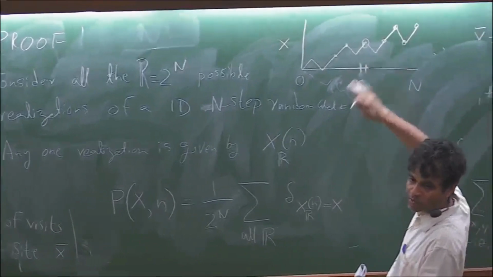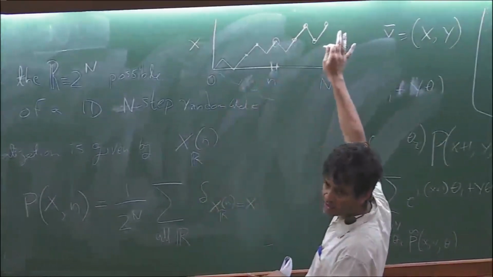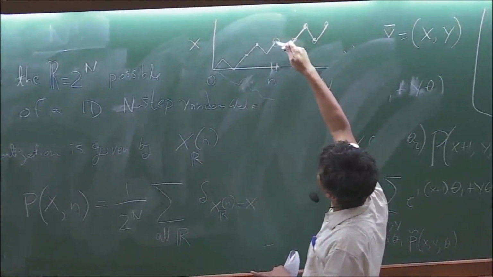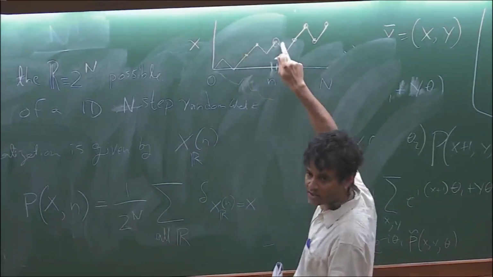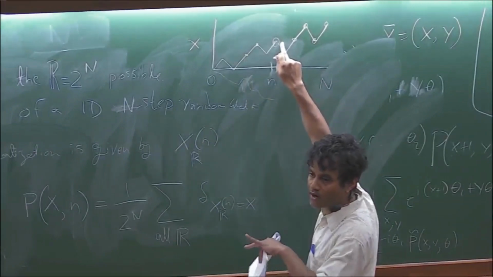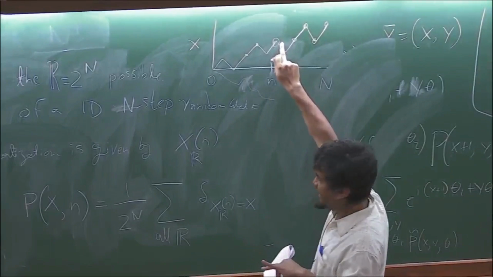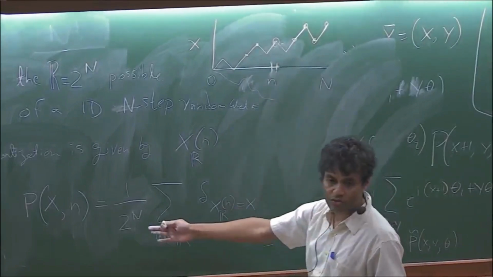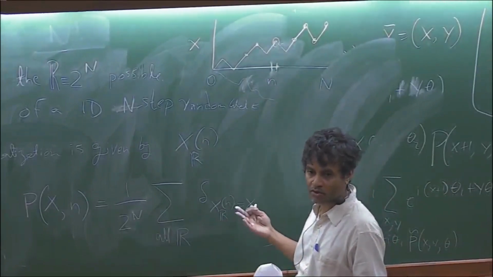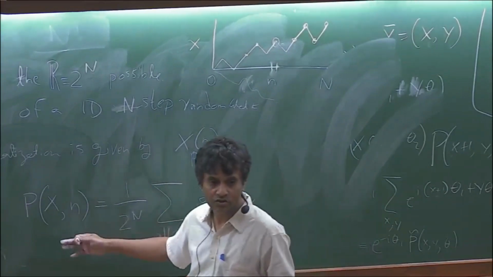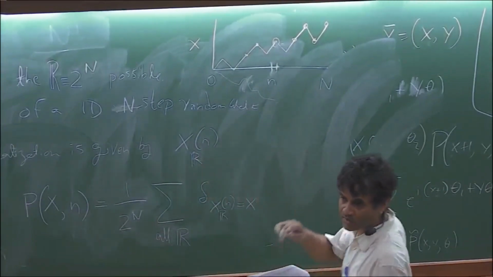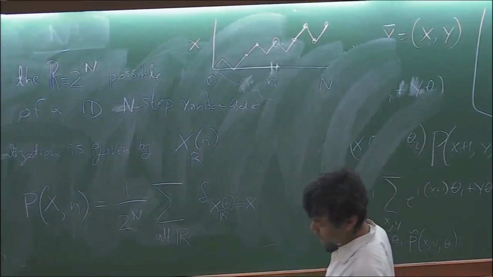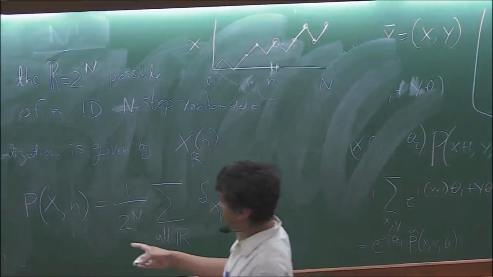I'll look at all the 2 to the n trajectories, and whenever a trajectory is at this point at the nth time, I'll put 1. Then I divide by the total number of realizations, and this should give me the correct probability. Right, so this is true. Now what I'll do is